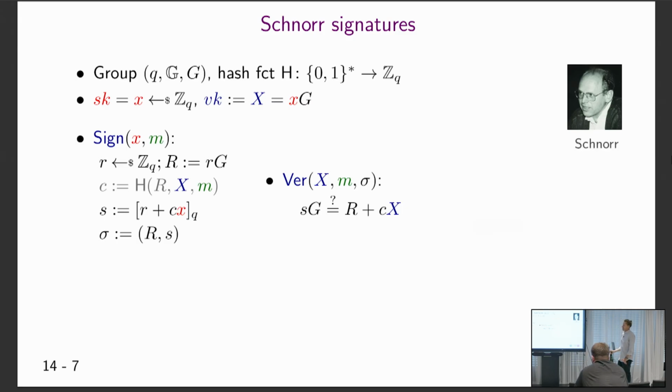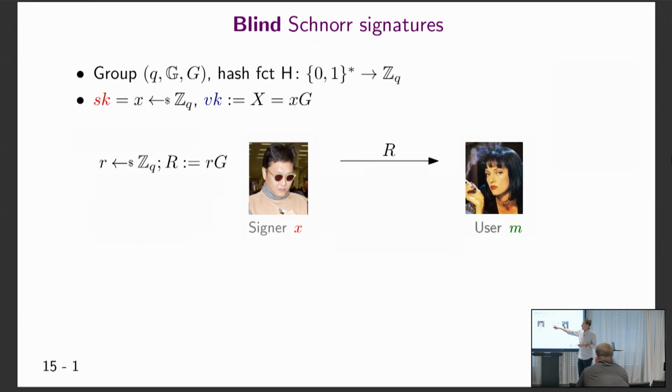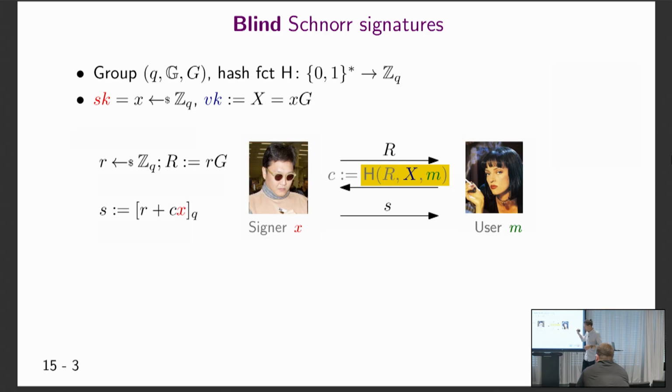Okay, that's Schnorr. Now the question is, can you also do a nice blind signing protocol with Schnorr? The first thing you might think of is, well, if only the user knows the message M, then why don't we let the user compute this challenge here, right? Because the signer won't know M. So the first approach would be the signer sends the first signature element that doesn't depend on the message to the user. The user creates this hash value, sends it to the signer, and then the signer makes the second signature element. Would this be a blind signature?